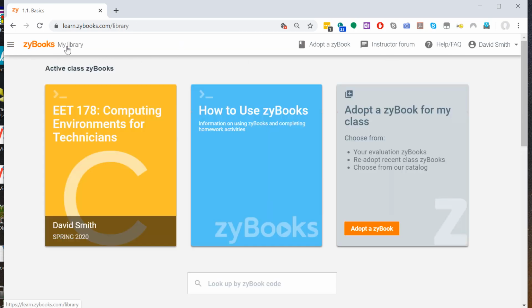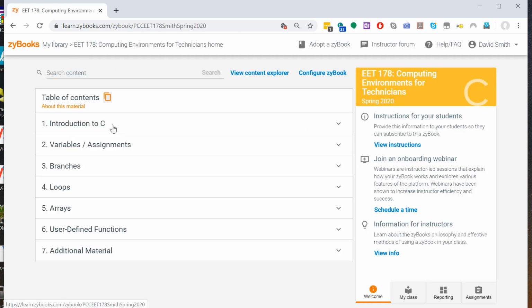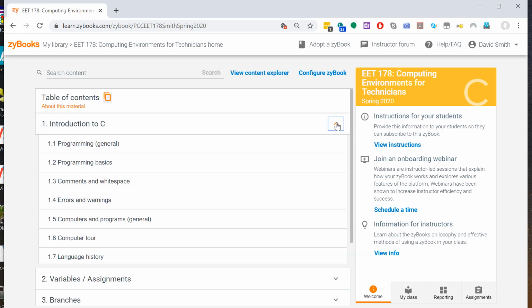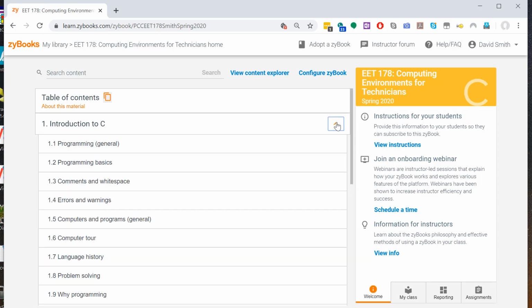Navigate, I'm going to go back up to the library, and I'm going to click on the book we're using. And the way I'm going to show it to you is I'm going to try and do most, or not most of them, but a few of the steps here. So